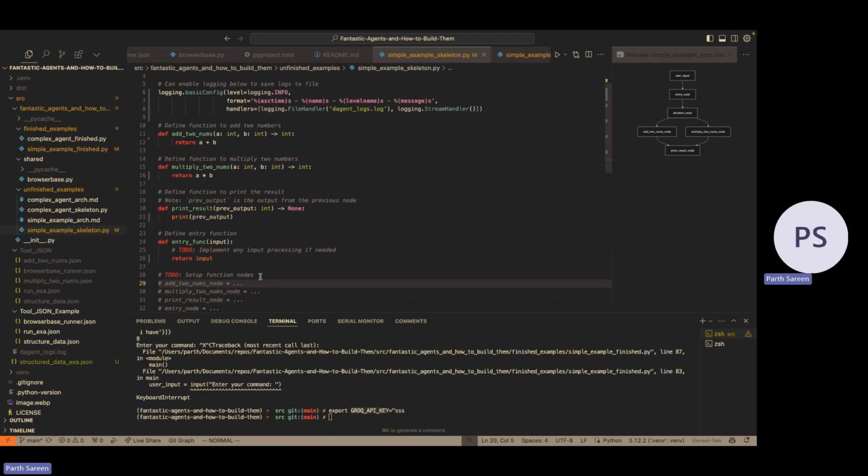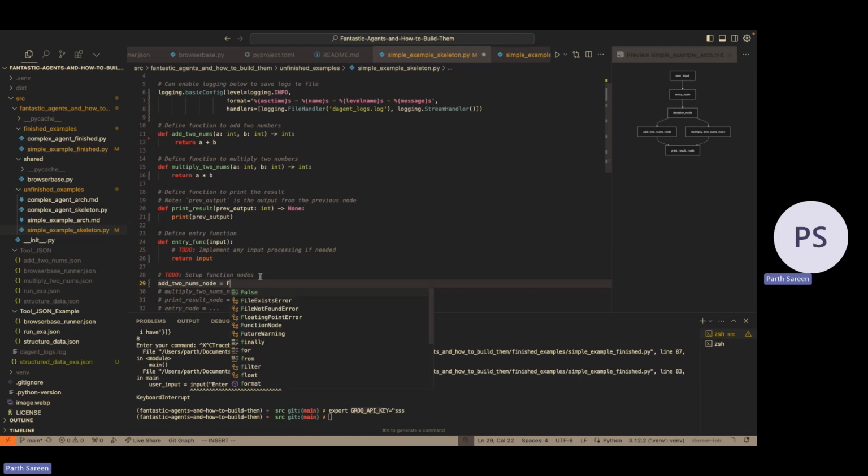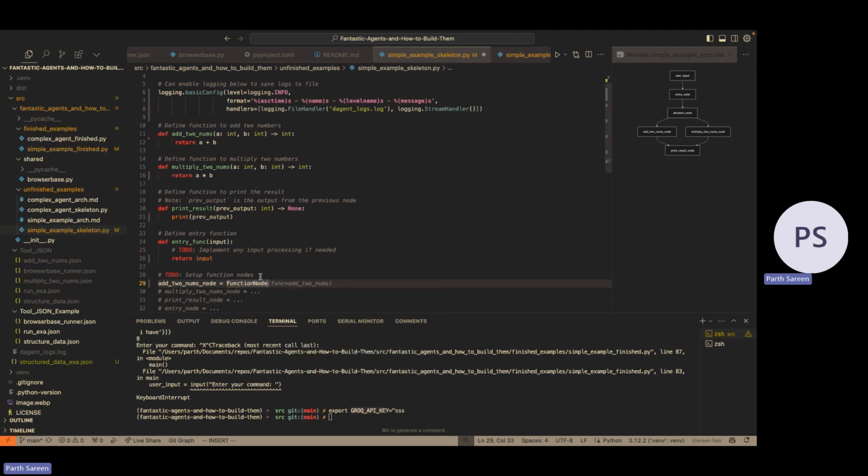So now we're going to be setting up our different nodes. First, we're going to add our add to nums node. So we're going to say function node, func equals add to nums. We're going to do the exact same thing for the rest. We're just setting up our different function nodes. So multiply to nums node, we're going to pass the function multiply to nums.